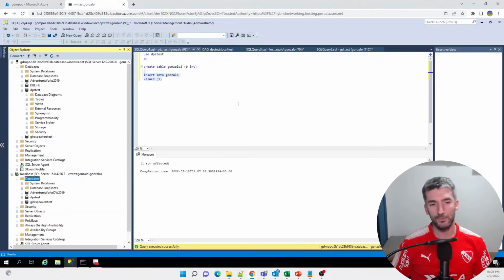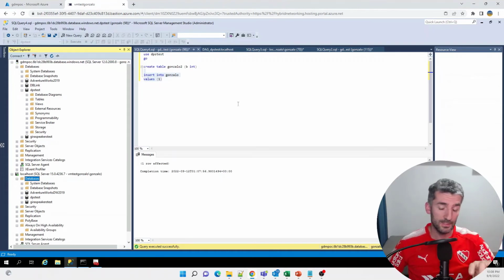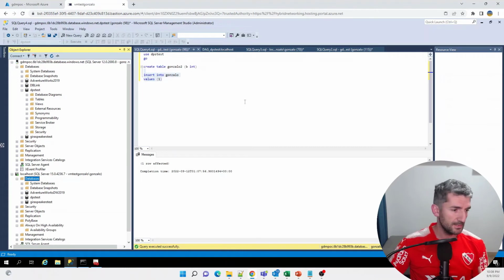Gonzalo, I want to move all of the databases together. Can I do that? The answer today is no. Today you can move, I would say, per database. So if you have 3, you will have to do this 3 times. But this is